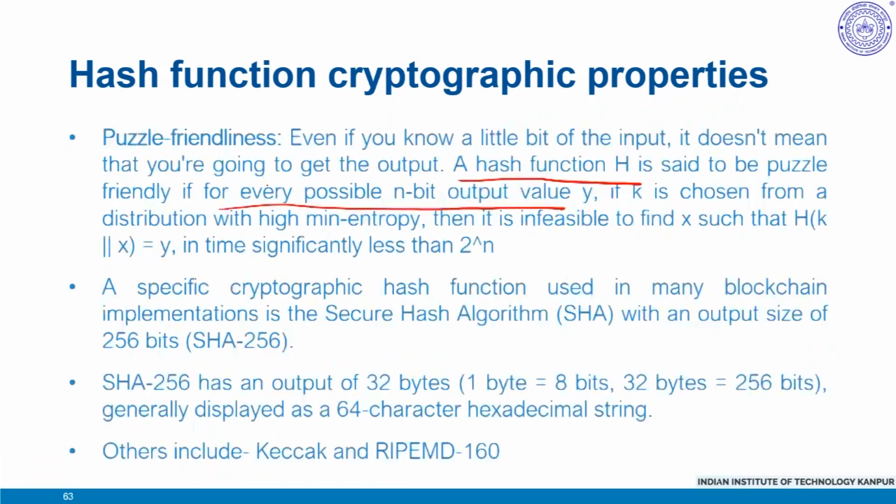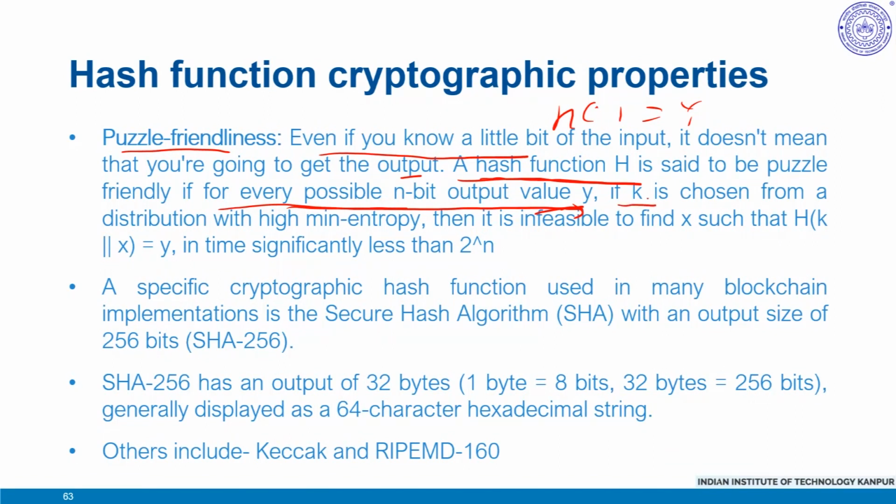Let us discuss the property of puzzle friendliness, which means even if you know a little bit of input, it doesn't mean that you are going to get the output by just randomly putting in values. So let us discuss it in more detail. A hash function h is said to be puzzle friendly if for every possible n-bit output value y, so y is your hash function output,